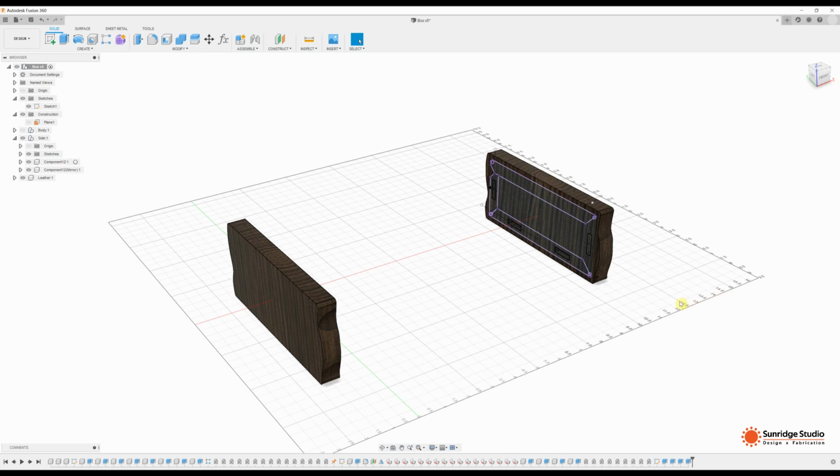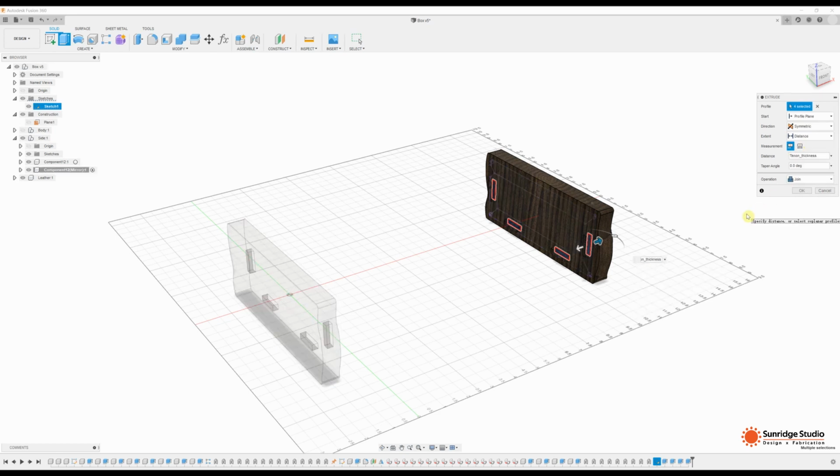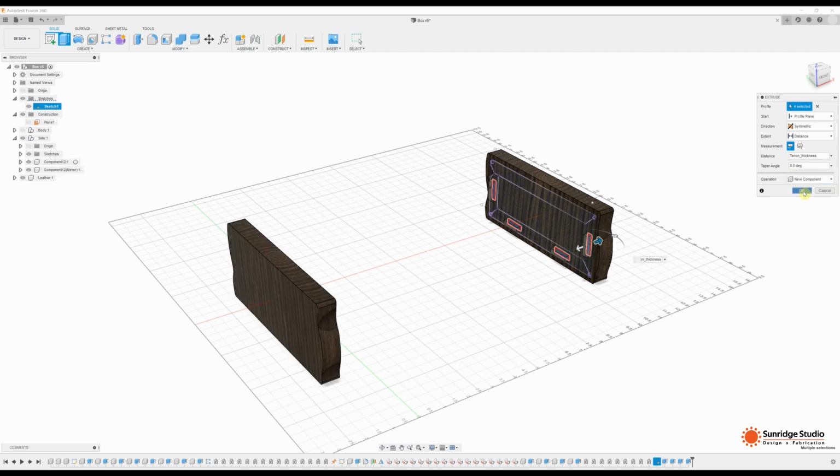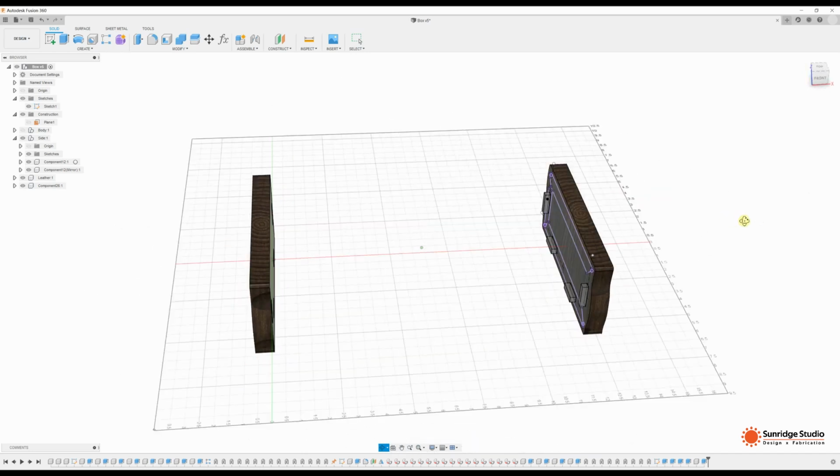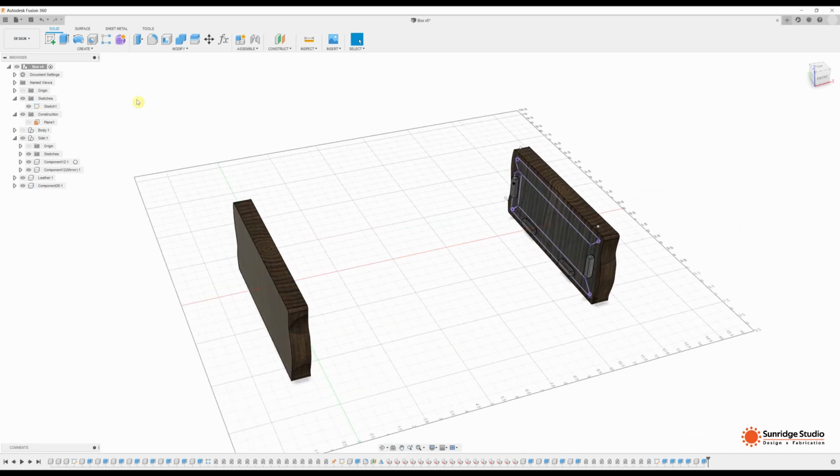And we can use the same sketch to create loose tenon. In the extrude we select direction, we select symmetric, same distance, and we create a new component. Now we have our loose tenon for the right side. We can change the component name to tenon 1, and we turn it off for now